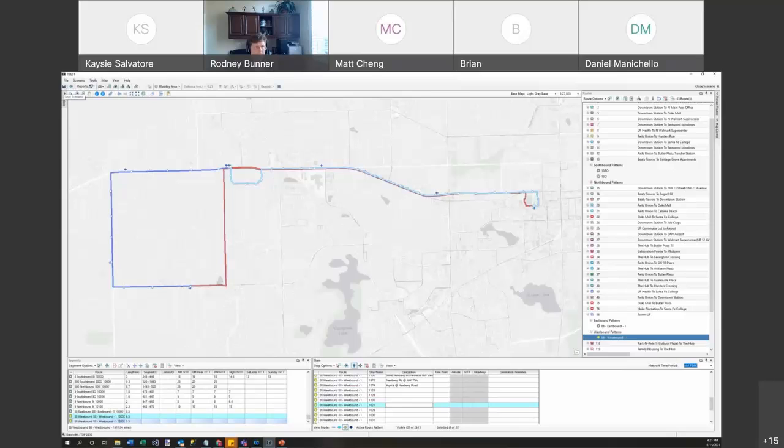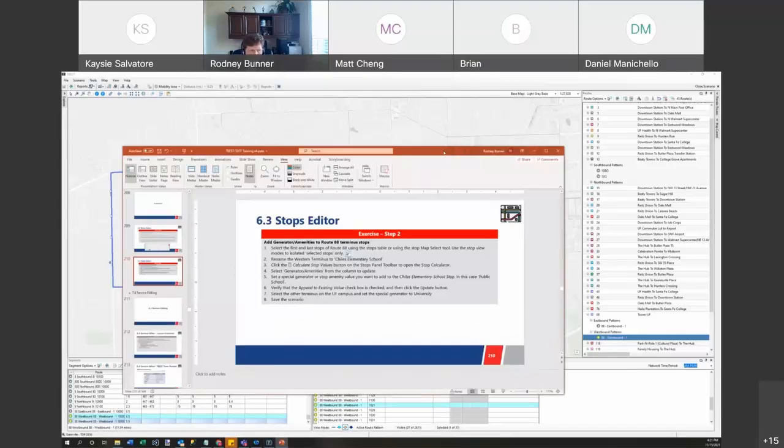All right, so let's save that. That was just kind of a demonstration, not really in the notes, but something I thought might be of value to you, and how you can use these tools to create your routes, your route alignments and stops. Okay, so let's move on to the